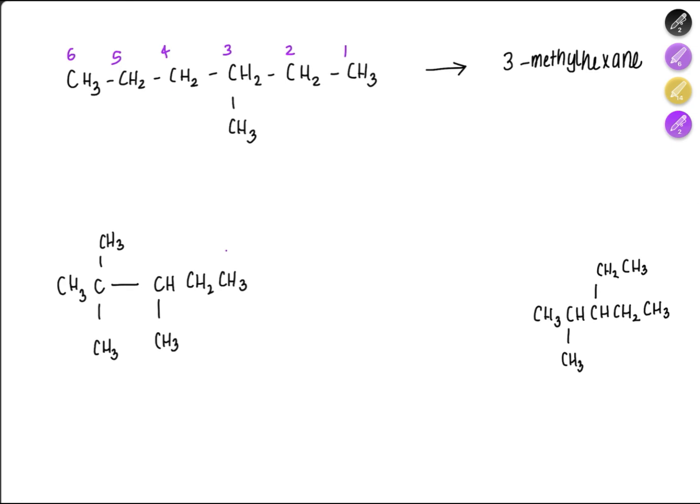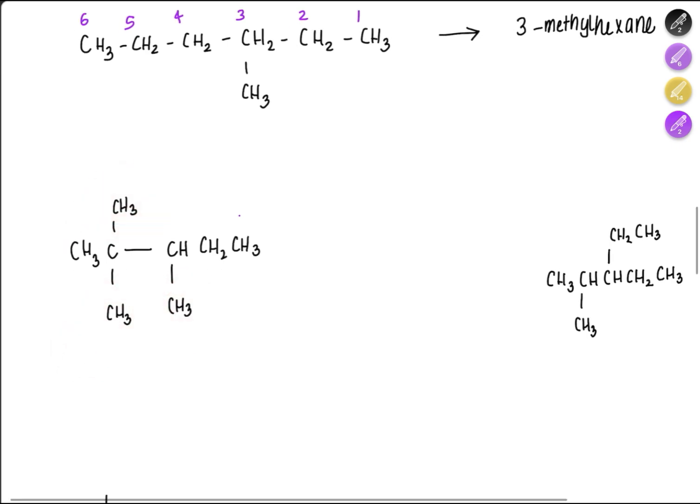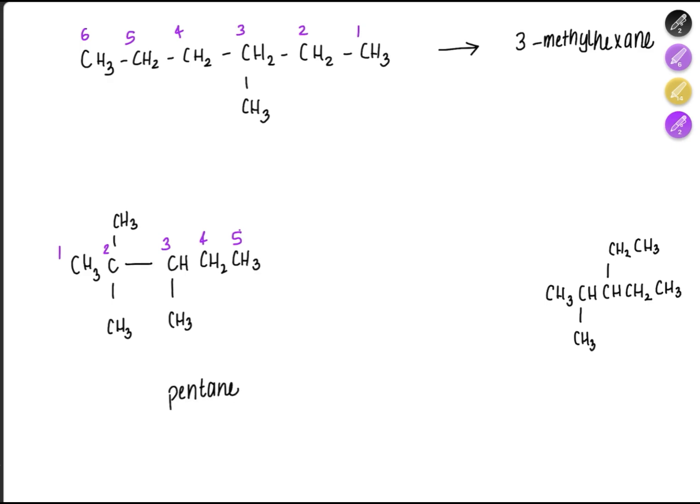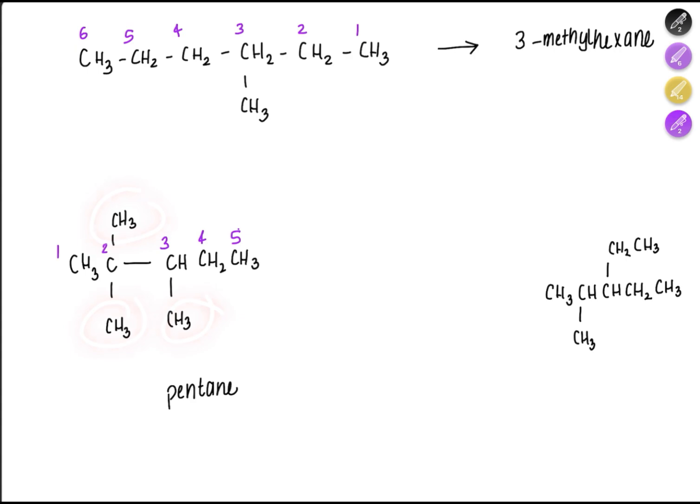Now you have multiple side chains. Okay, so how are you going to name this? First of all, let's just name the main chain. Starting from here, 1, 2, 3, 4, 5. So this is a pentane. For 5 carbons, you have pentane. Okay, so when you want to name this, you can notice you have 3 methyl groups, right? You will call this trimethyl